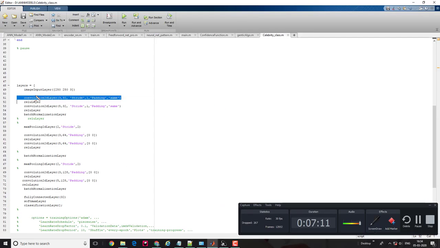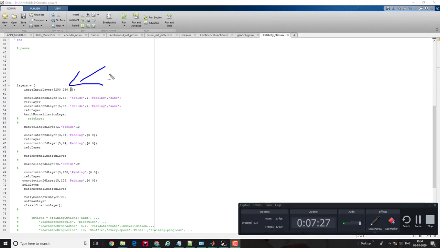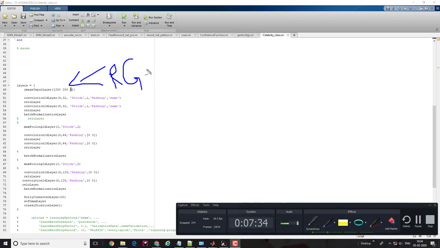So guys, now how the convolutional neural network actually works. You need to give the shape of the image. Each image of every folder has size 250 by 250 pixels, and the images are RGB, so I put 3 here. Let me explain more clearly. 3 represents the R, G, B bands. While if you change the data store and you have grayscale images, instead of 3 you can put 1 there.